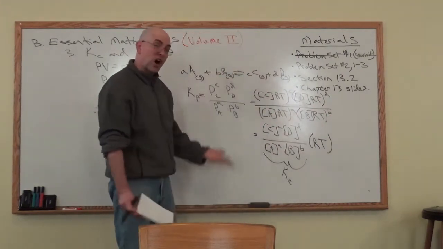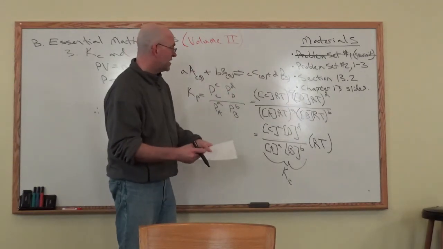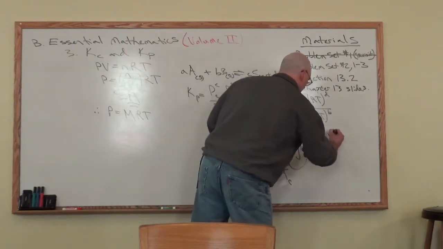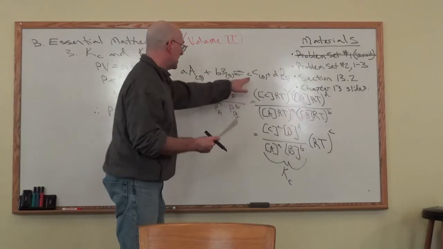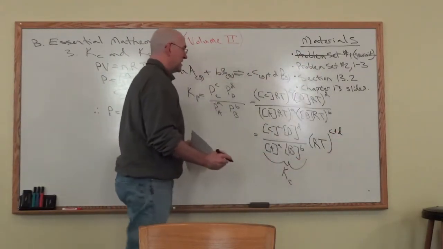Those are just the coefficients. That's all they are. They're the coefficients in front of these problems. We're going to do one of these in a minute. So you take the coefficient in front of C, add to that the coefficient in front of D,